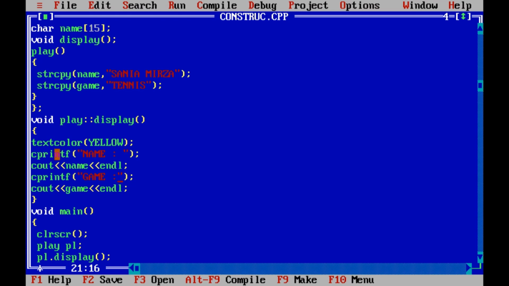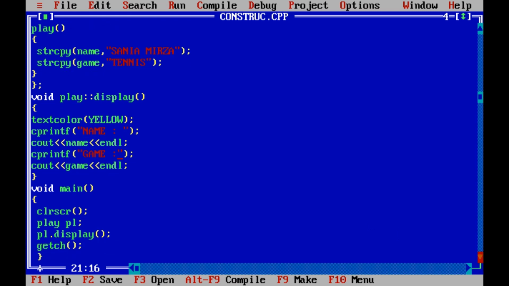Okay, so here we can see this display function is declared outside the class, and this is how it will print the values of name and game. So we know that constructor is called whenever an object is created. So as we come to the execution section, when we run this program, clear screen will clear the output screen,